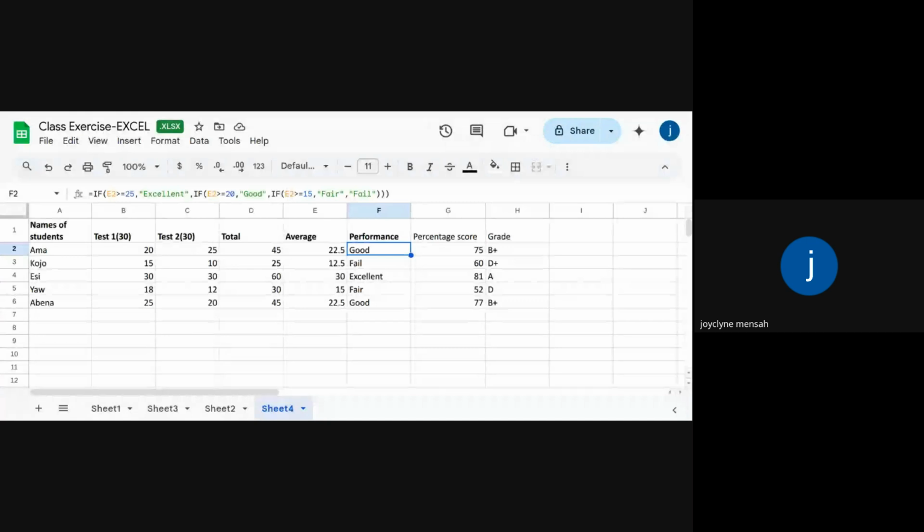So I have already done the coding, and when I was done, that was the interpretation. So if this, then this, the then is what we use a comma for. If the 75 was on G2, that is Ahmed's percentage score, that means if G2 is greater than or equal to 80, then the then is what you use, a comma. That is how you interpret it. If you are reading it the way I am reading it,